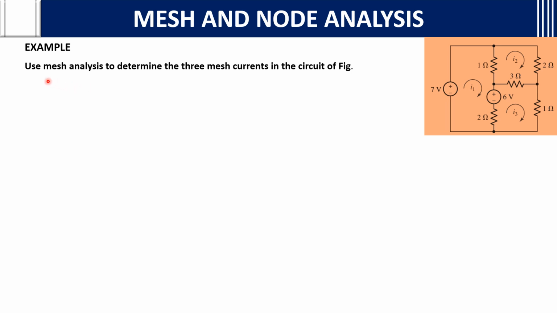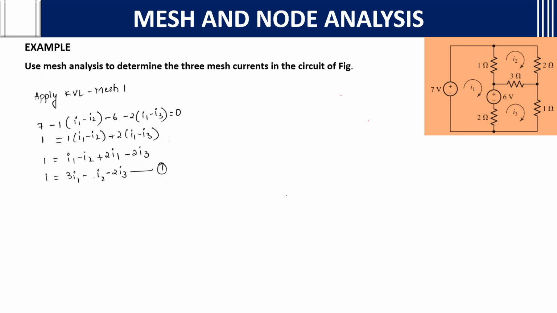Now let us see the next problem. Use mesh analysis to determine the 3 mesh currents in the circuit. We need to find the 3 mesh currents, that is I1, I2 and I3. How to do it? Same way, apply KVL to mesh 1 and write the mesh equations, that is 7 minus 1 into I1